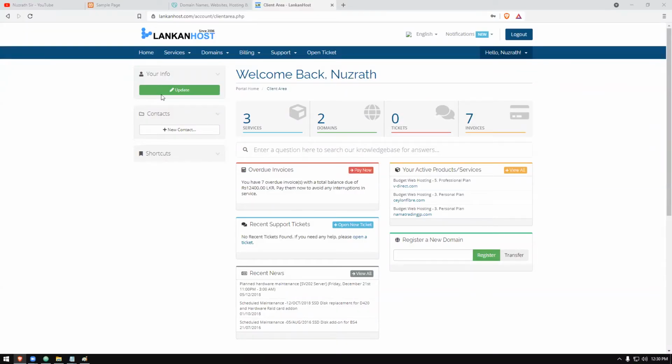This is the client login area for what I have purchased from this particular company. This is my personal one. I'm just showing you, because I'm going to use the one provided by the college and I don't want to log in like that. I'm just showing you how this can be done. After you create the account, you can go to services, order new services, or domains. If you're buying only domains, that is also possible.